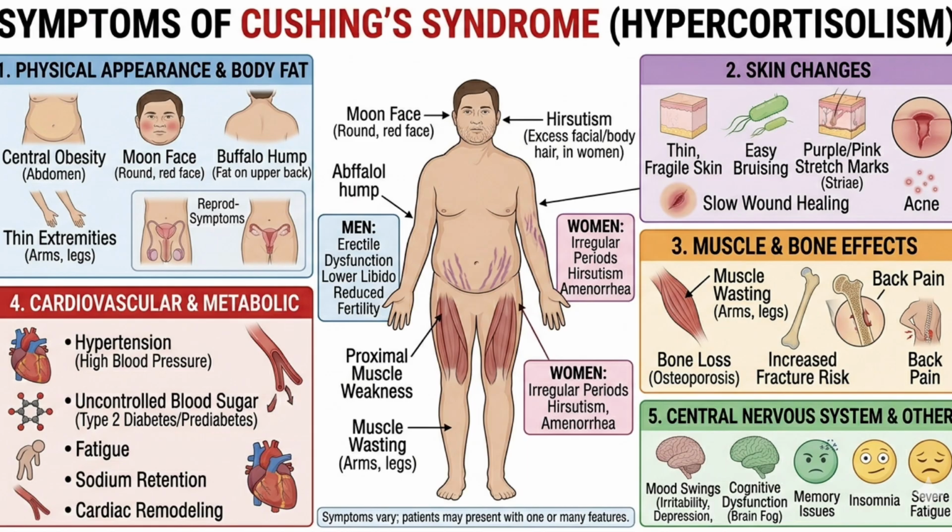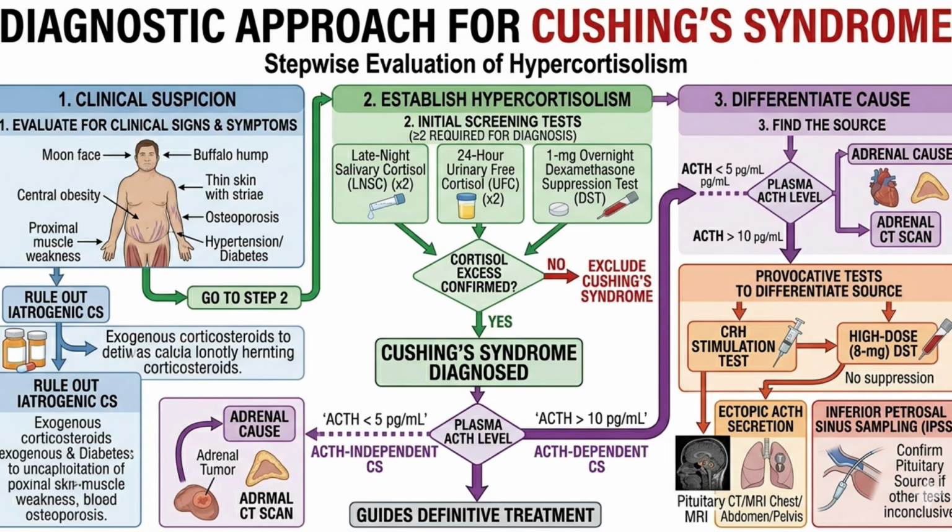Patients can also have high blood pressure, high blood sugar, osteoporosis, mood changes, acne, hirsutism, menstrual irregularities, and increased susceptibility to infections. The diagnosis of Cushing syndrome involves a combination of clinical evaluation, laboratory tests, and imaging studies to confirm the condition and identify its underlying cause. Given that the symptoms of Cushing syndrome overlap with other conditions, e.g., obesity and depression, a systematic approach is needed to differentiate it from other diseases.